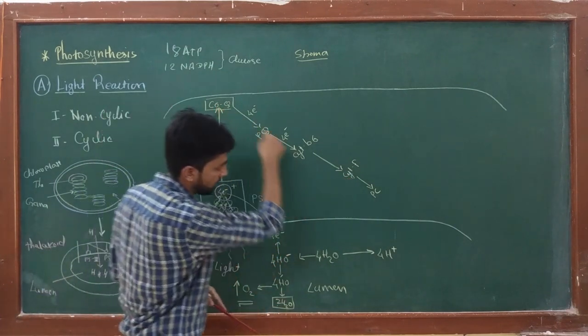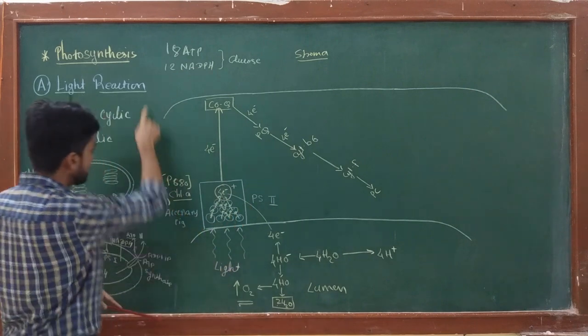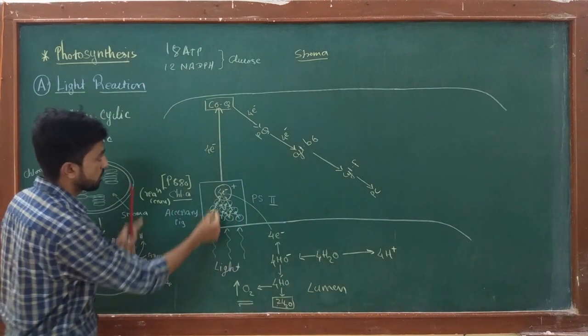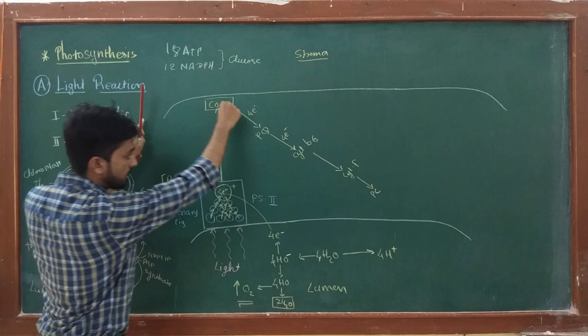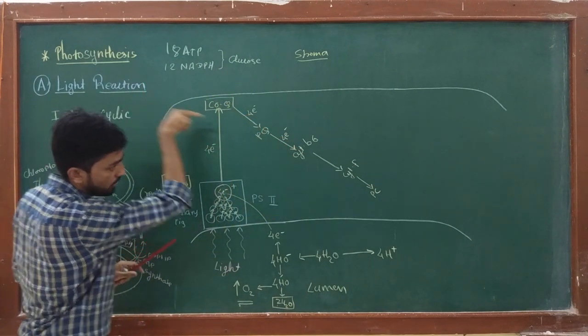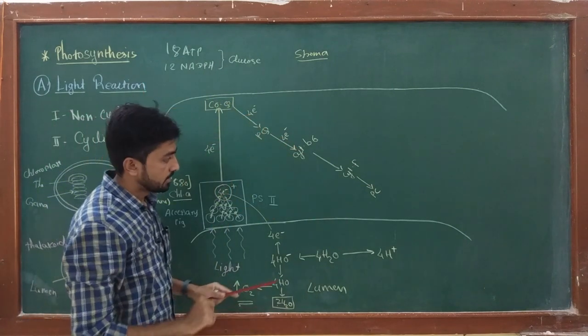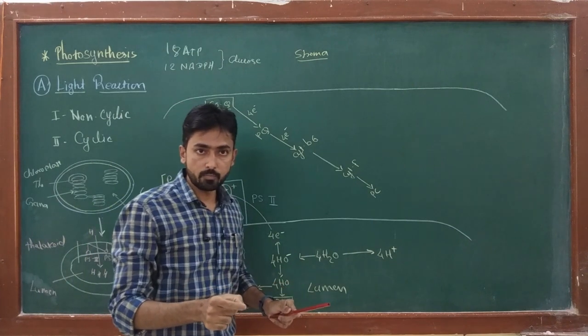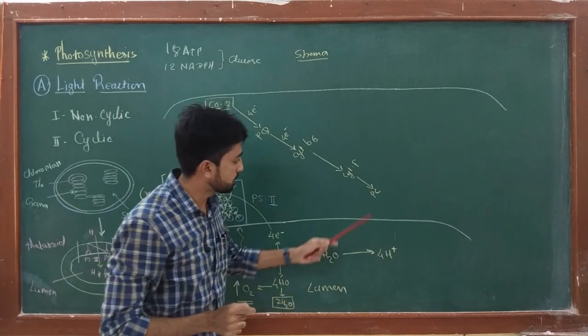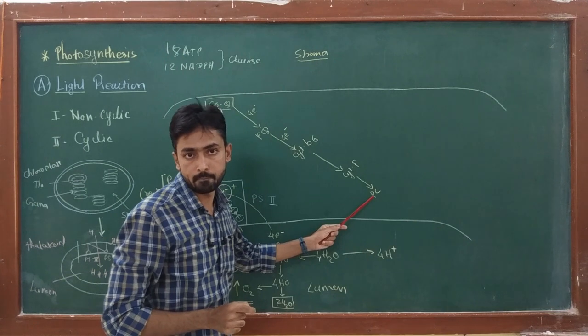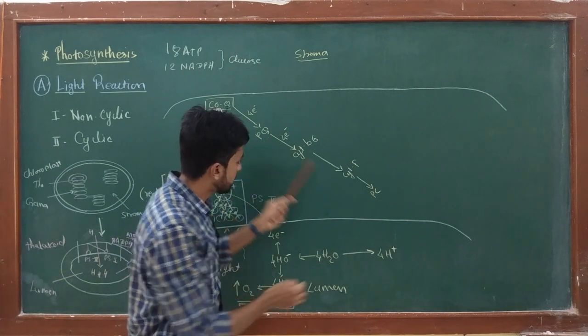So I have shown the path like this, because if I draw a scale of energy here, first the electron goes to a higher energy state and then releases energy, so it goes downwards. Okay, the de-energized electron, or electron with very little energy, is finally accepted by plastocyanin. Okay, the energy which is released